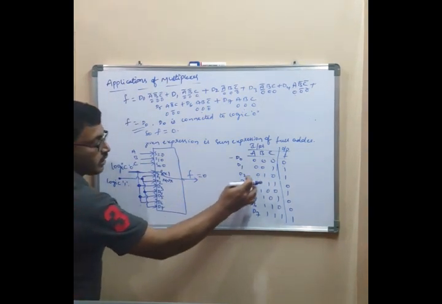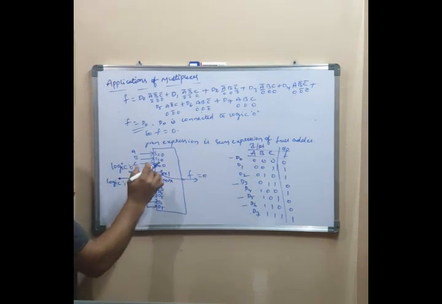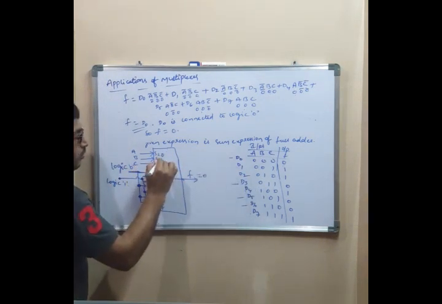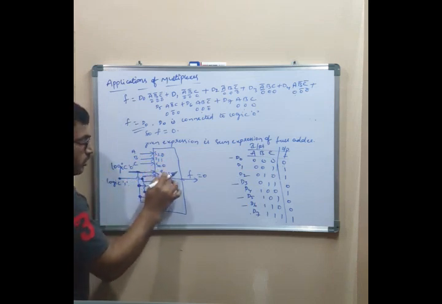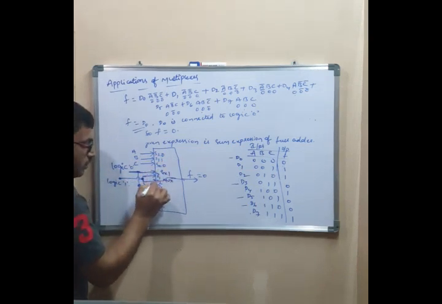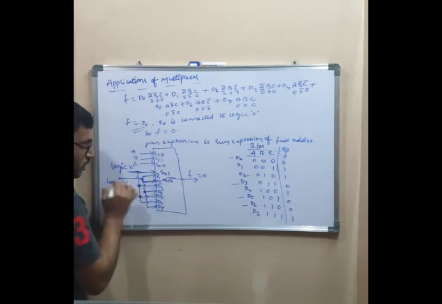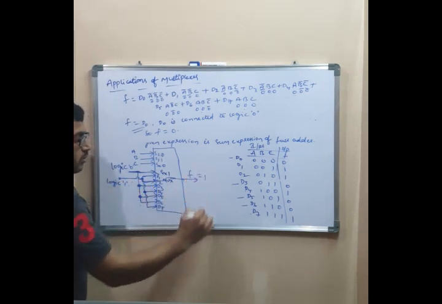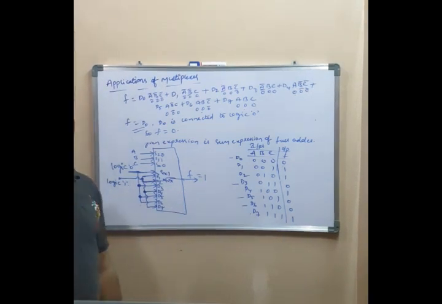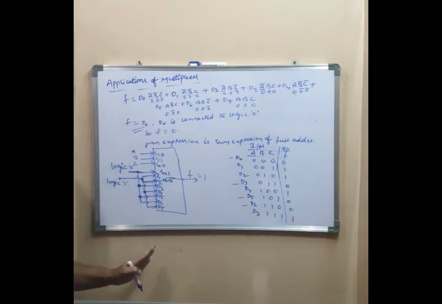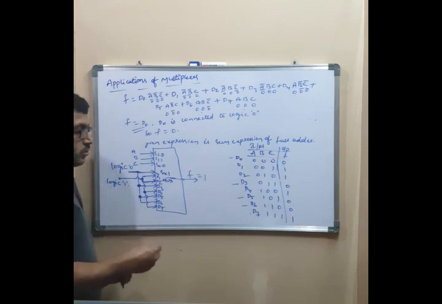If you select this combination D2, that is ABC is 0 1 0, D2 is routed to the output. So D2 is connected to logic 1 value. So as output you will get F is equal to 1. So in this way you can implement the Boolean functions or logic expressions using suitable size of multiplexers. And also in this you will get logic questions. Is this clear? Shall we move to the next question?